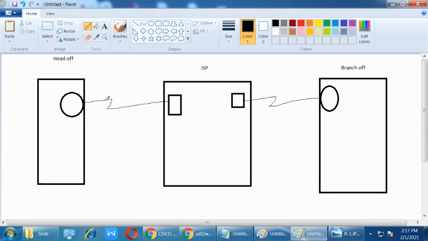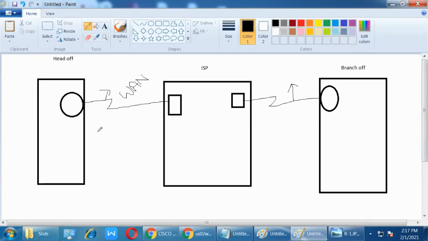Don't worry, everything is written in the slides. You just need to understand, don't bother about the slides. I will show you everything today, inshallah, the complete syllabus. So just focus on what I'm going to explain. This is the serial cable which we are using, for WAN communication purposes.